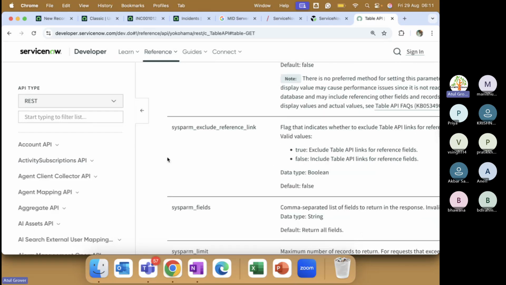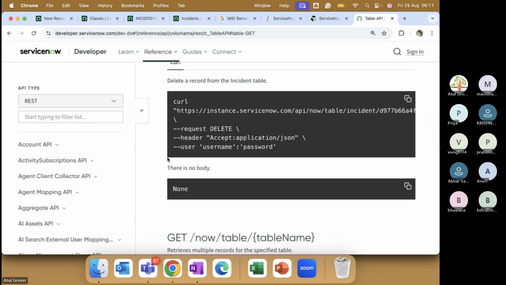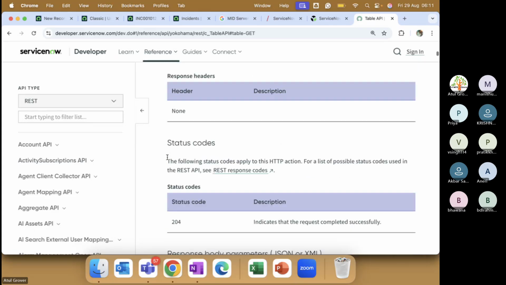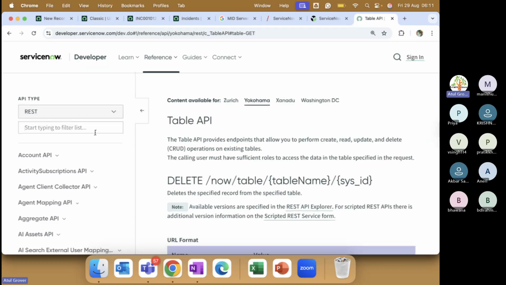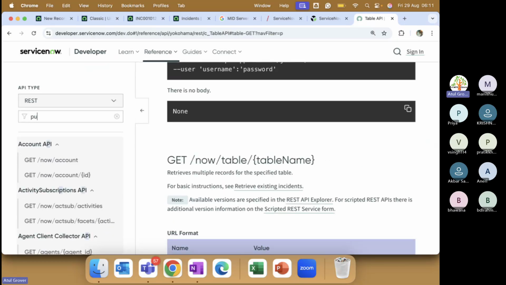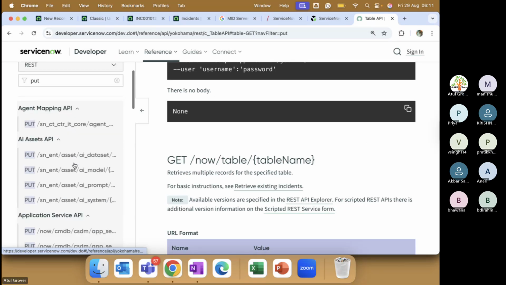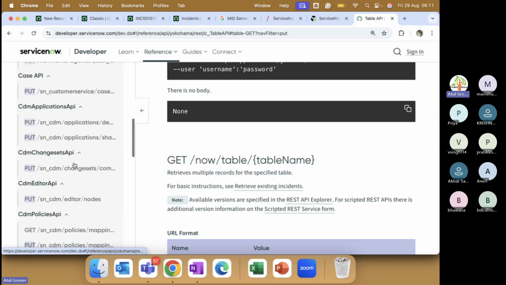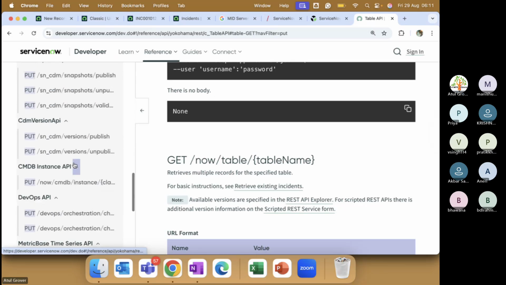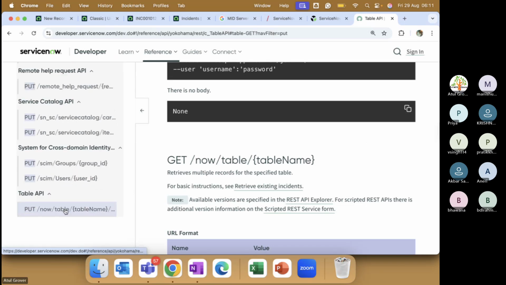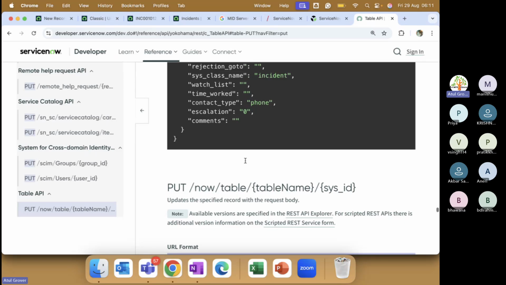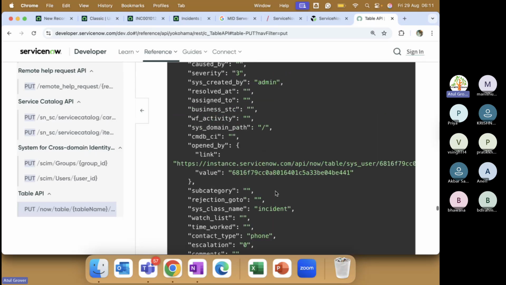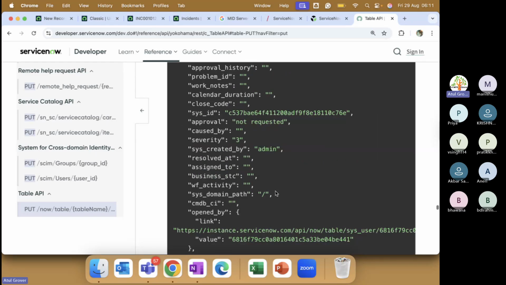हम क्या देखे थे? पुट, हम देखे थे इसका, कौन सा है ये, डिलीट का है ना? पुट का भी है कि कुछ? हाँ मिल जाएगा, ऐसे मिल जाएगा, राइट। पुट केस, रिमोट पुट मेथड टेबल एपीआई। बोलो अपना टेबल का नाम डालो, सीसाईडी पास करो, आपका काम हो जाएगा। देख जैसे भी ये है।